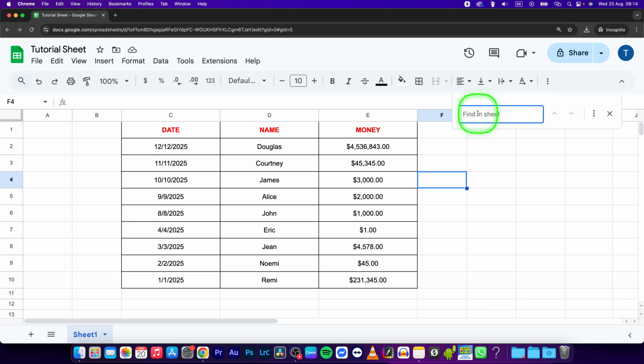So press it and now it will appear Find in Sheet. This window will appear and you will have to type in what you are looking for. So I will type in my word, and as you can see, it's automatically selecting my word in the document. I can type a different one, so let's say this, and you can see it will take you right to the